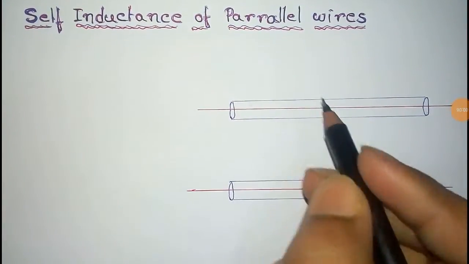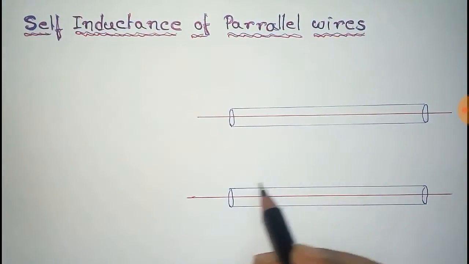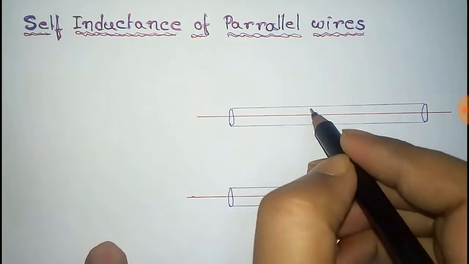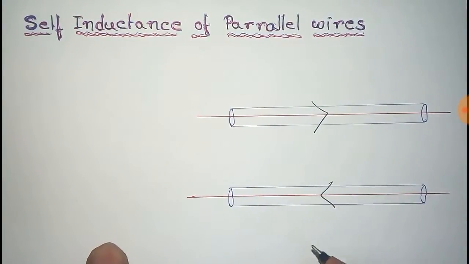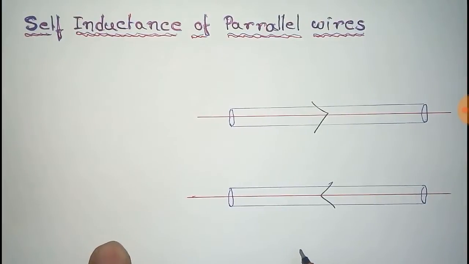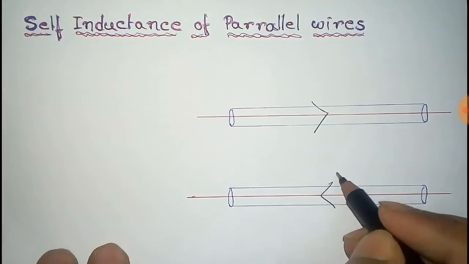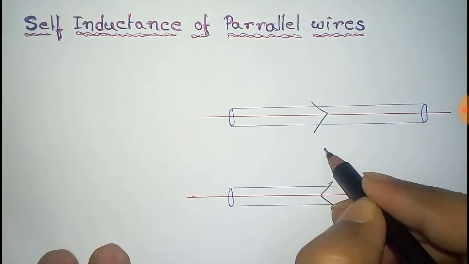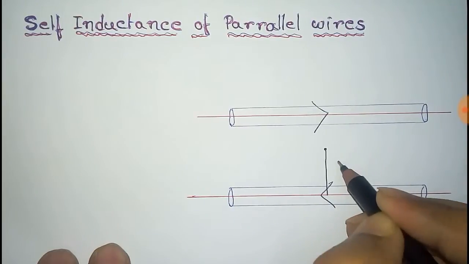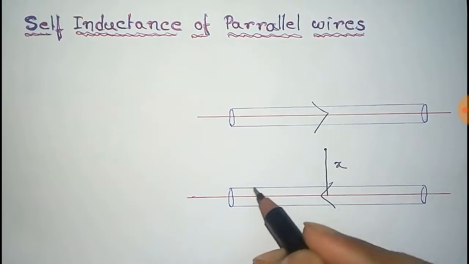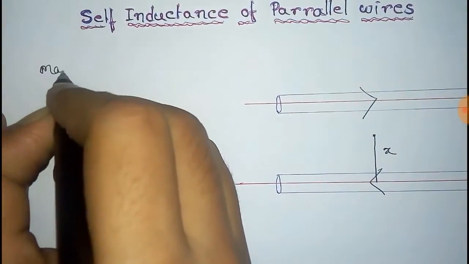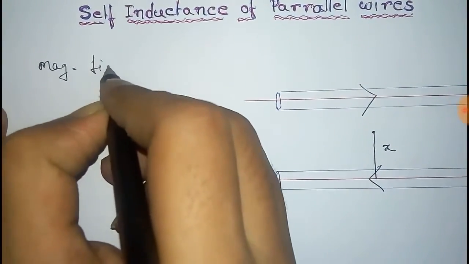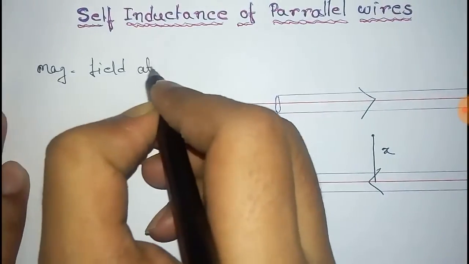We have to find the self-inductance of parallel wires where the current is directed in opposite directions. So that is the parallel wires. Now we have to find the self-inductance. For this, we take a point at a distance x from the first wire where we have to calculate the magnetic field. So that is the magnetic field at a distance x from the first wire, which is